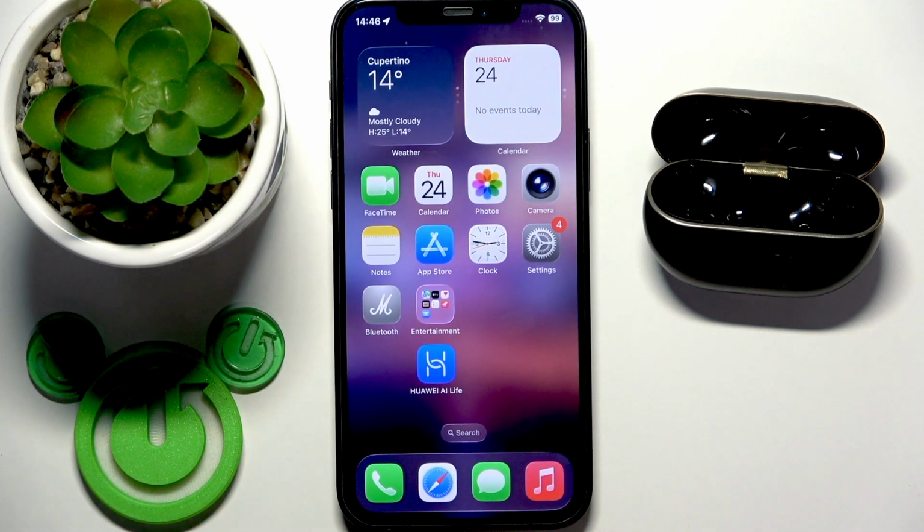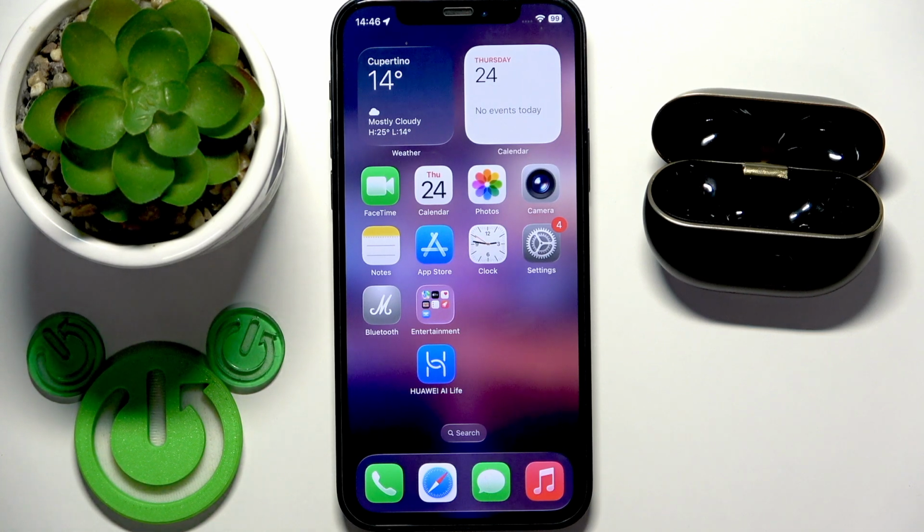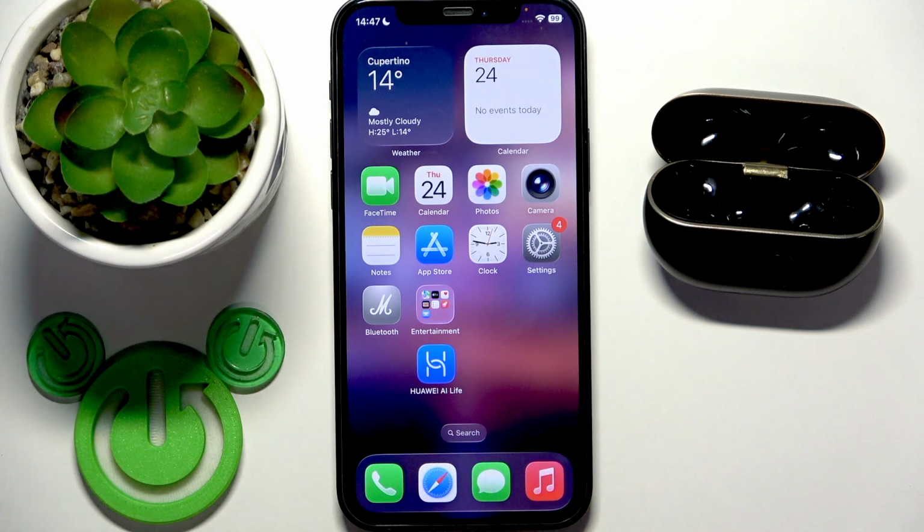Okay, if I press and hold at my left earbud, I will call the voice assistant. I have iOS, so I will call Siri. If you have Android, you will call Google Assistant, or maybe Gemini if you set up Gemini, or maybe Bixby if you have Samsung. So press and hold. And as you can see, Siri awake. And now let's move to